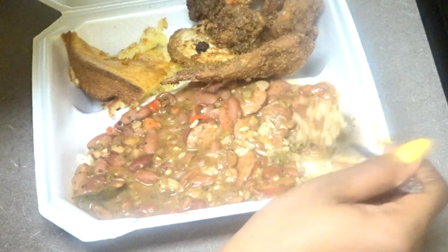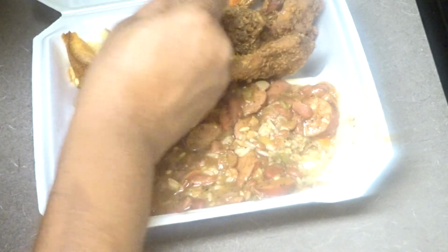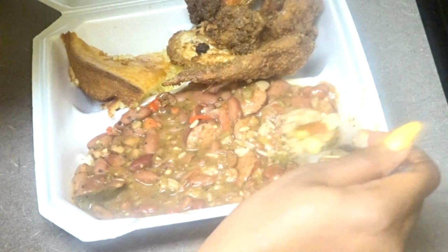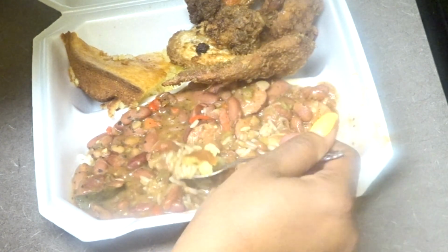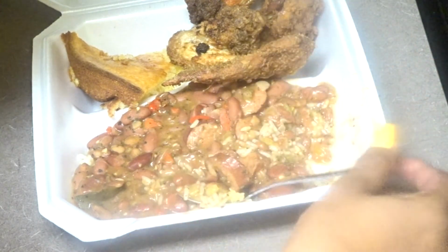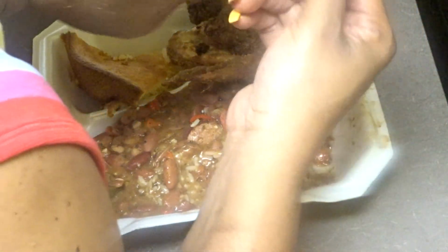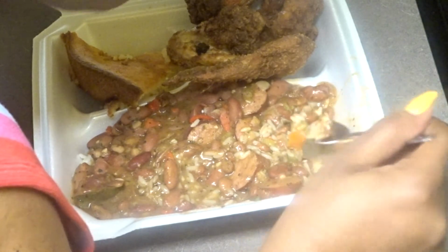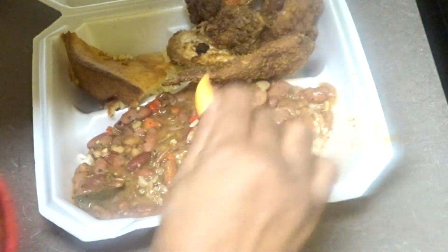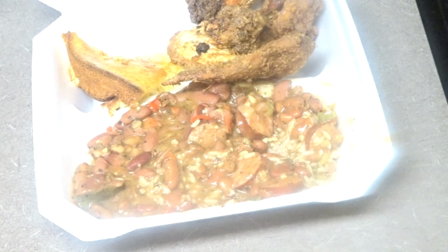I know I can stand right here and eat this whole meal, but I'm just trying to nibble. Let me taste one of these sausages. Put one of these sausages on here, with the cornbread. I can't eat all my dinner, y'all, but I promise you,